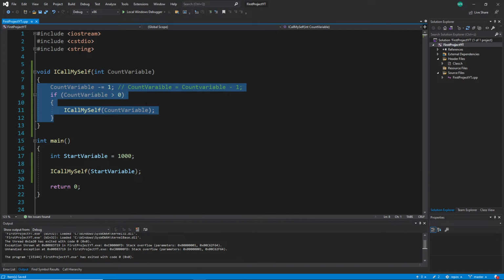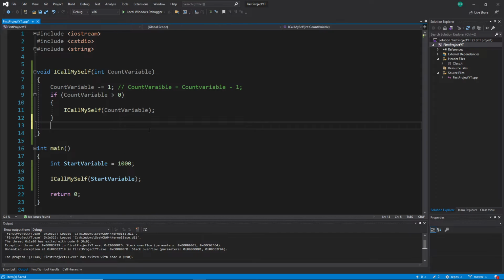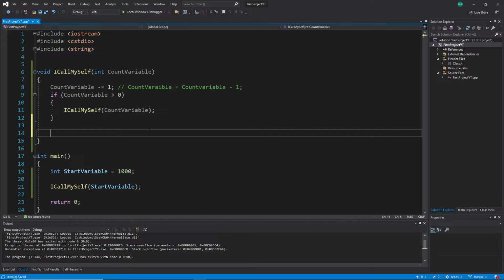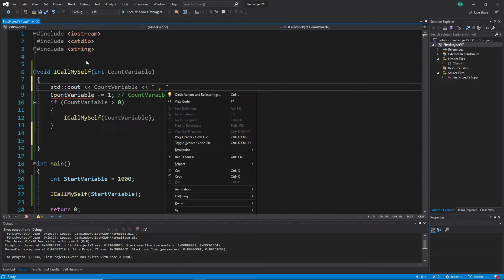So this one is not very visible. Let's make it visible so that we can see something, and we know how we do this. We are just printing out something after each iteration, and what we are going to print out is std::cout our count variable, so we can see how much we count. All right, count variable, and let's make a space, perhaps comma and new line, or not a comma, just